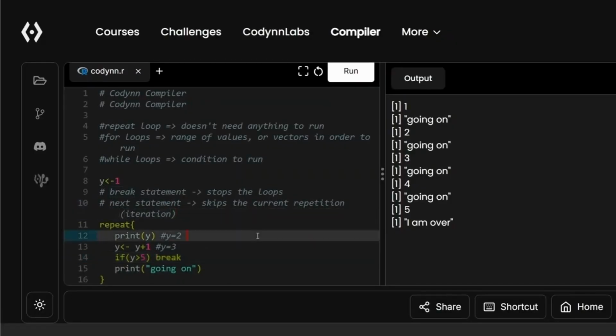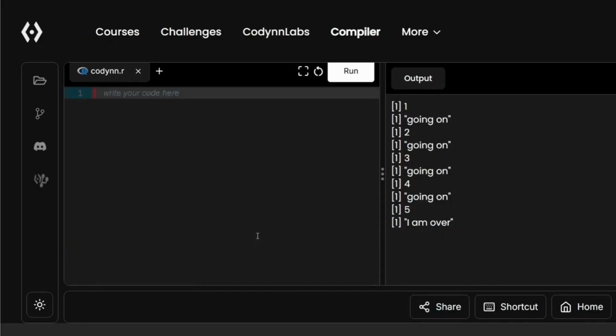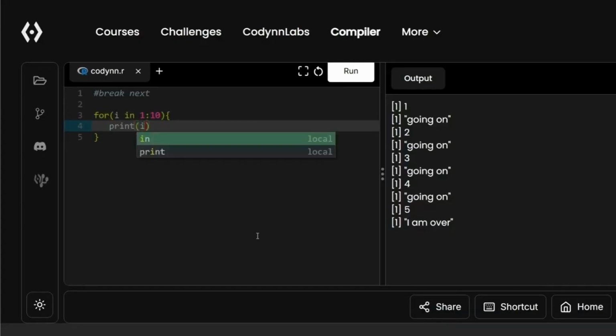So after all this, let's remove all of the code and then show how the next statement works. So I will show you a bit of code which will demonstrate the break once again and the next both in the same code block, that is our for loop. So let's say for i in a range of values from 1 to 10, we will want to first of all, let's say print i, but let's say we want to add a bit of condition checks first. Let's say we don't want to print the value of 4. So when we will do if i's value is equal to 4, we will use next,